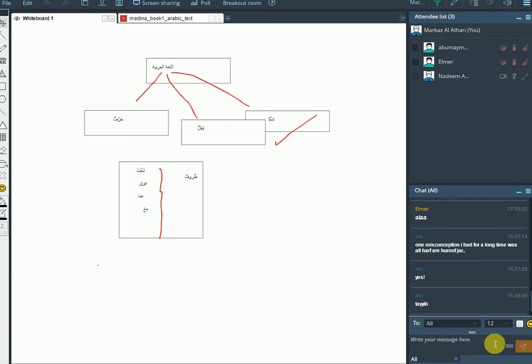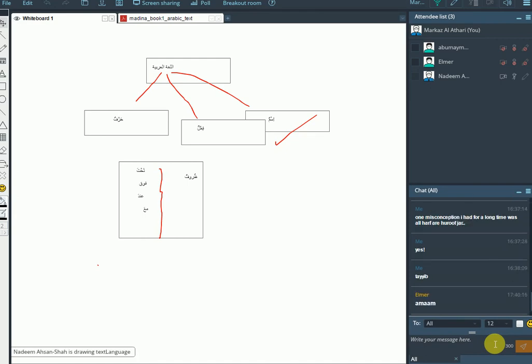Where is it gone? For example, now, did someone type something? Almost? Oh, I see. I've worked it out now. Whenever you guys are typing something over there, my cursor over here disappears. That's what's happening, and that's why I'm getting confused. I'm losing my cursor. Sahih, Elma. Barakallahu fik.